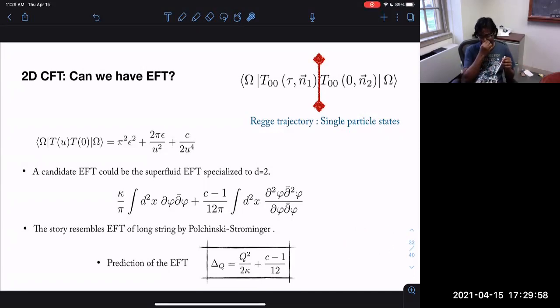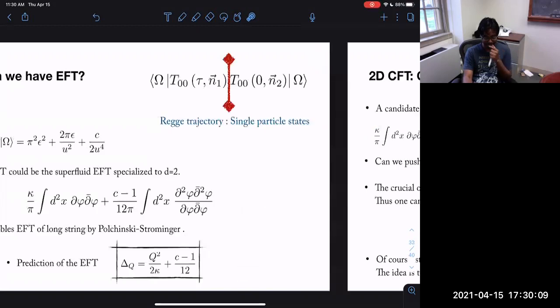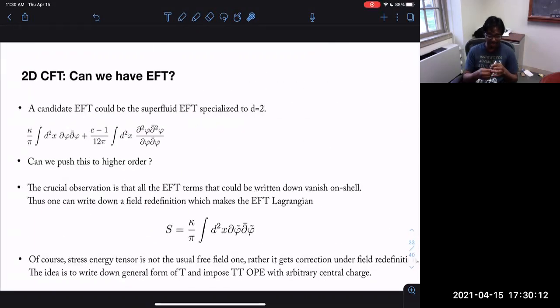So once you have predictions from the EFT, you can also ask whether you can push this EFT further and write down something more general, whether you can push it to higher order. It turns out that you can do it. The crucial observation is that all the EFT terms that you can write down vanish on shell. So you can do a field redefinition, which puts the EFT Lagrangian in a free field form. But note, even if the Lagrangian in terms of this redefined field phi tilde looks like a free field, the stress energy tensor is not the usual free field one. It cannot be,